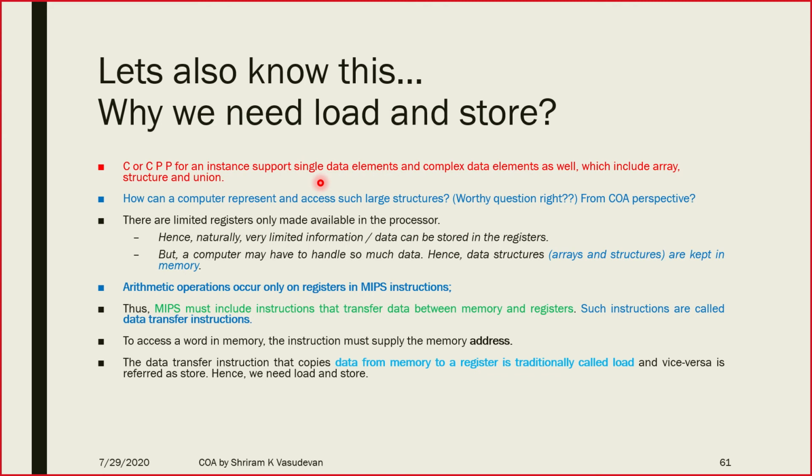As I told you already, we normally declare some variables right at the top and we forget about them. Int A, B, C, D, E up to Z we will define, and that's all. We do not use them any further. Because we do not have any memory constraints or restrictions, we are fine there. But when you come to MIPS, we have got a serious constraint with respect to the number of registers available. Whenever I have to operate, I can operate only through registers, because that is the way the RISC architecture is designed.